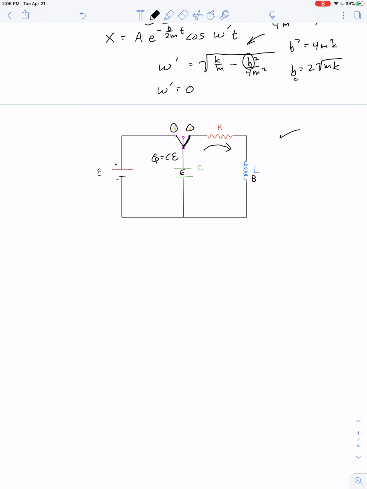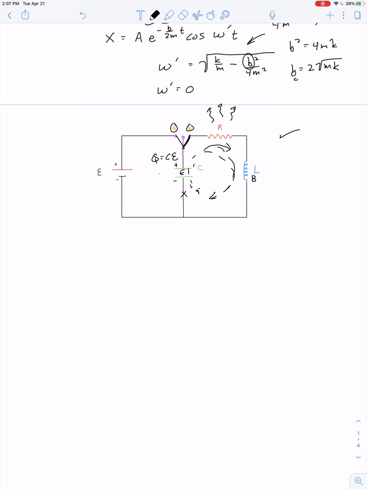Current would have to flow through this resistor, and energy would be dissipated away as wasted thermal energy or transferred to the environment as heat. So if we express Kirchhoff's loop rule, we'd get an equation that says, well, let's start from here. And initially there's the negative and there's the positive terminal. And let's see, if we apply Kirchhoff's loop rule, start from here and work our way back around, then we